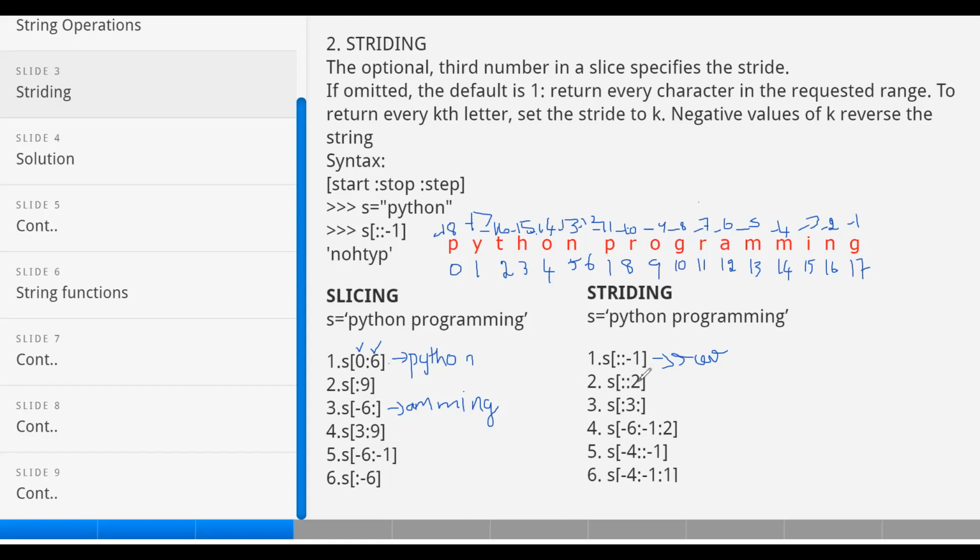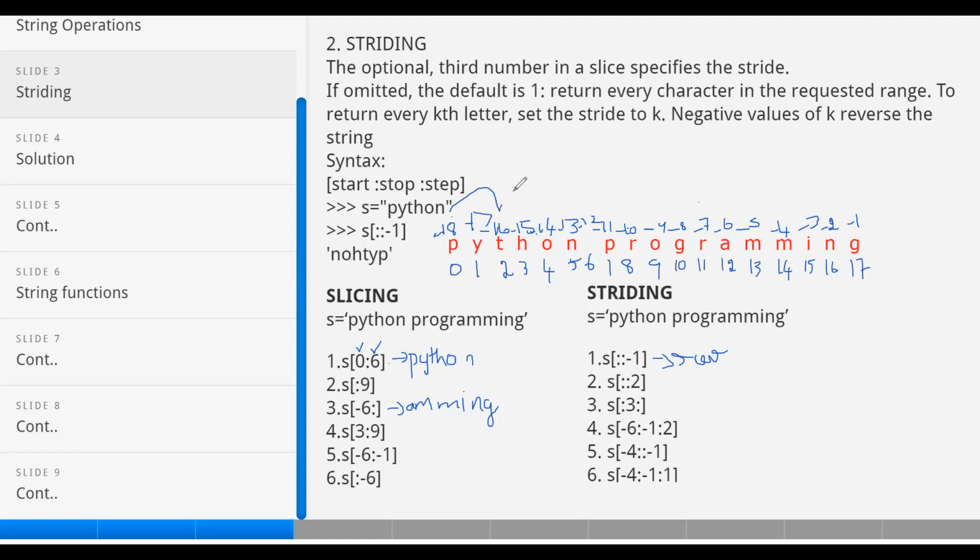So it will jump each character by 2, from the starting to the ending index. So P, it jumps to T, so from P it will get the second character, that is T.